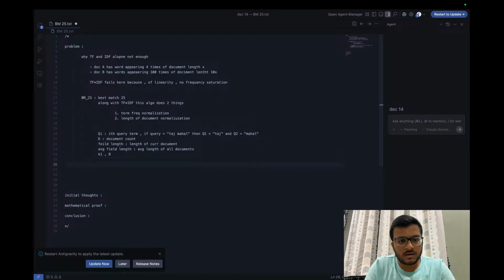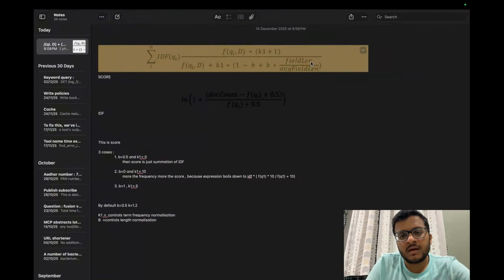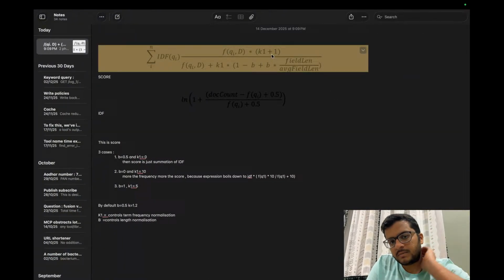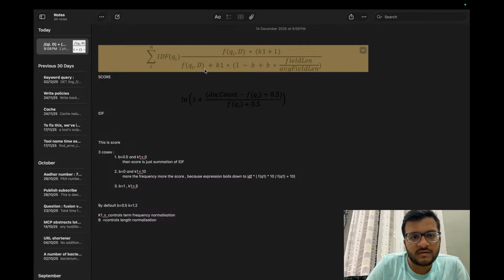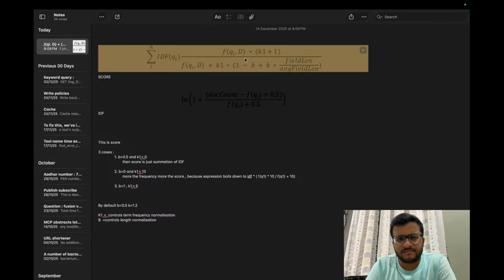I don't think this is a very big formula, and it's mathematically non-intuitive. Obviously this is mathematically non-intuitive because this formula is derived maybe based on many years of research that they did on multiple data sets like Wikipedia data and something like that. So you don't have to bother about this formula. What you have to bother about is, for a given data set, what are the variables in this?